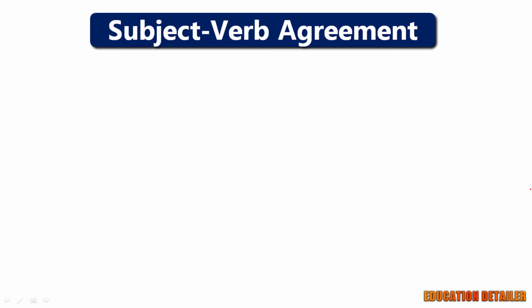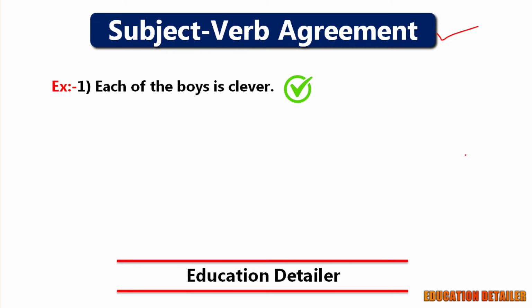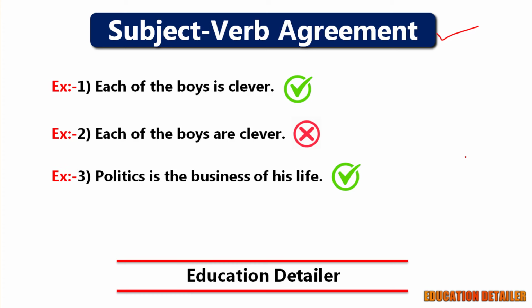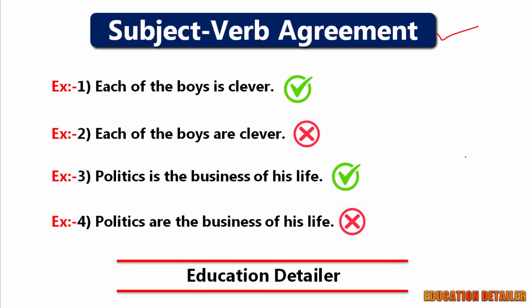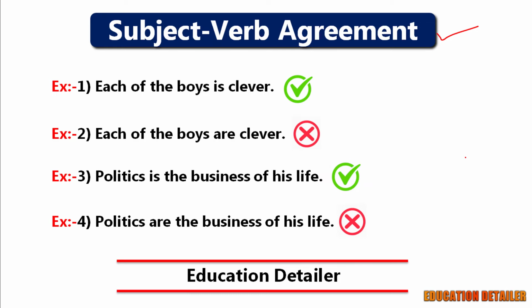Hello and welcome back. In this lesson, we are going to master the most important lesson of English language, subject-verb agreement. Each of the boys is clever, not are clever. Politics is the business of his life, not politics are the business of his life. Confused? Don't be confused because I'm going to clear all your doubts that you may have in the past regarding